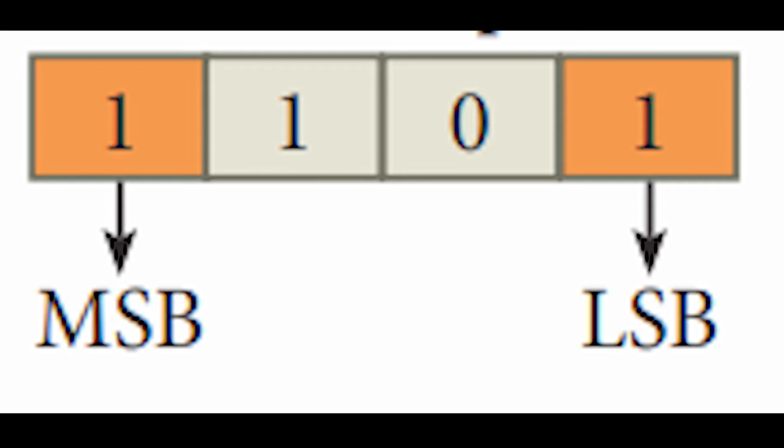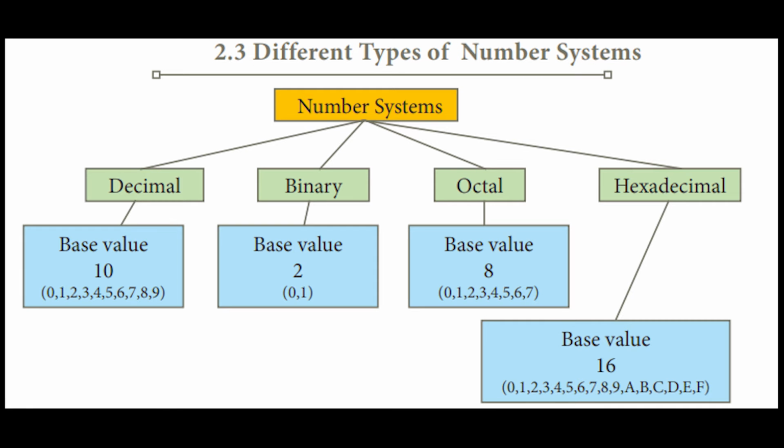Okay, the left end digit is known as MSB, most significant bit, and it has the largest positional weight. Right, here now we are considering 1101. Binary means we have only zeros and ones. So when you are writing the number, you will write first 0, then 1, then 10, then 11, then 100, 101. Right, when you are writing numbers, you know 1, 2, 3, 4, 5, 6 and all.